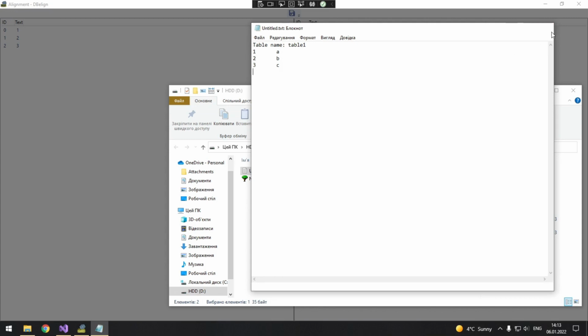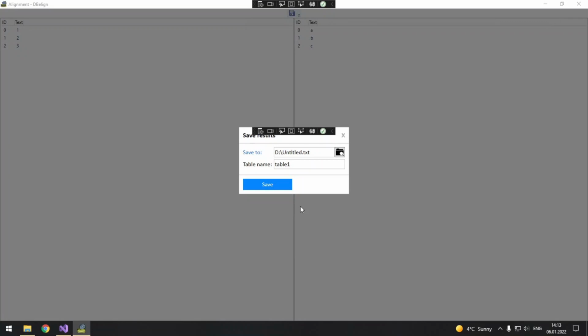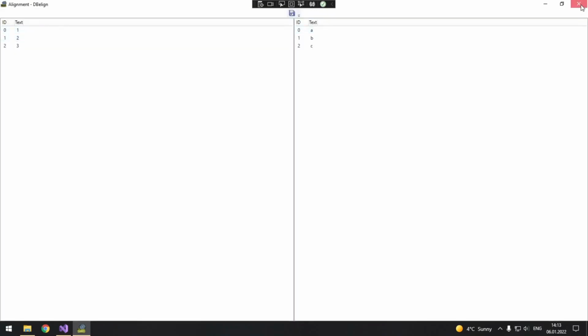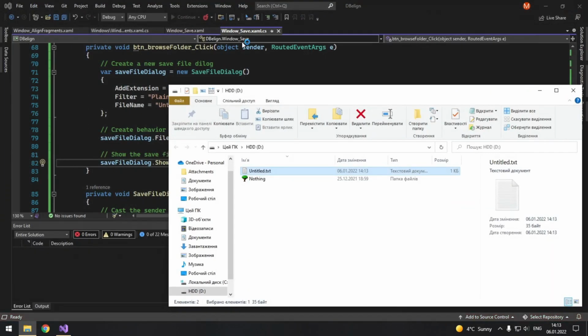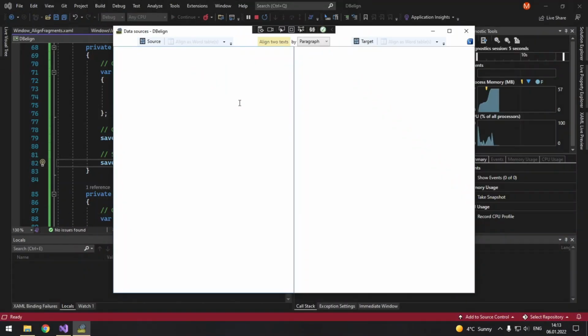Okay. Now, scenario 2, and that is when we have 3 source fragments but only 2 target fragments. Well, let's check it like this. C, 4, 5.